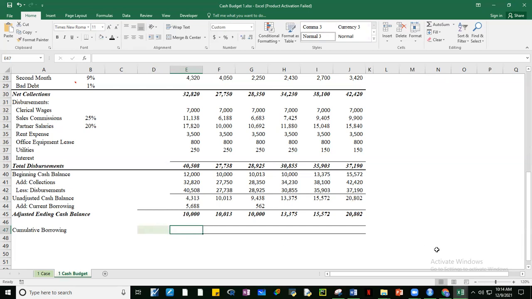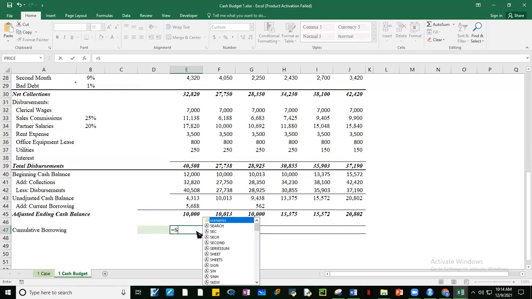Okay, so we need to compute the cumulative. Kung magkano na yung total na nautang natin kasi that will be the basis of the interest expense. So in order to compute that, simple lang, nakapula na naman to. So it will just be equal to the sum. I-sum natin, guys, magkano yung previous na borrowing at saka i-sum up natin yung current borrowing.